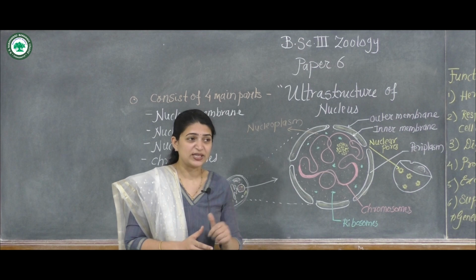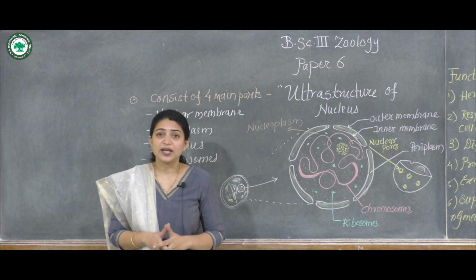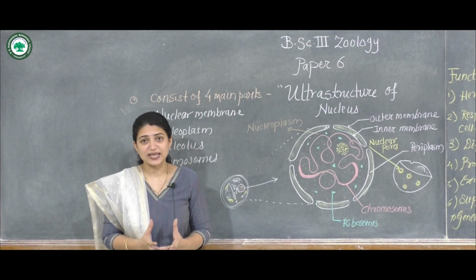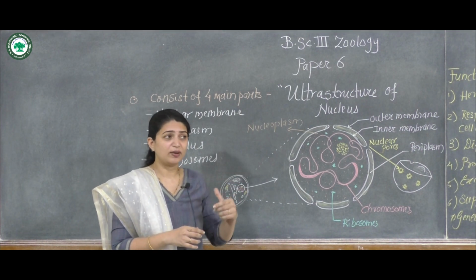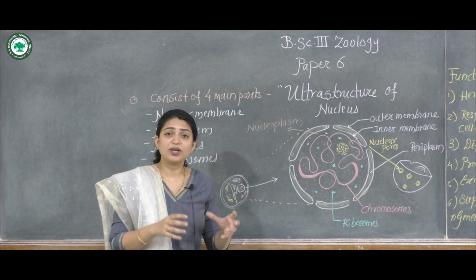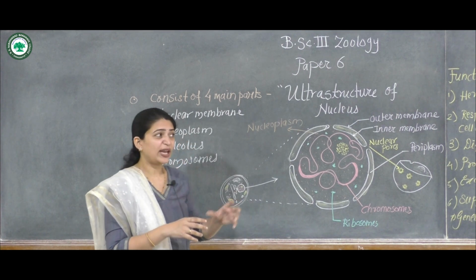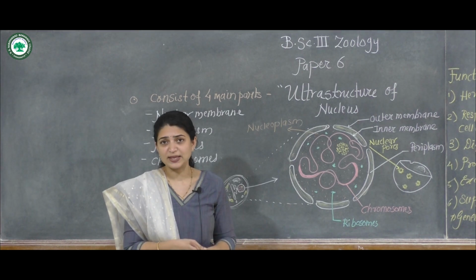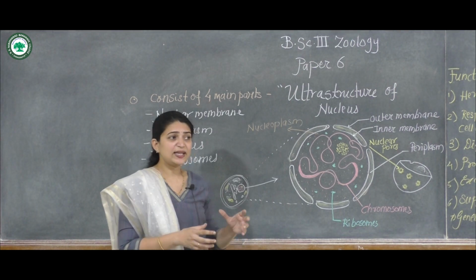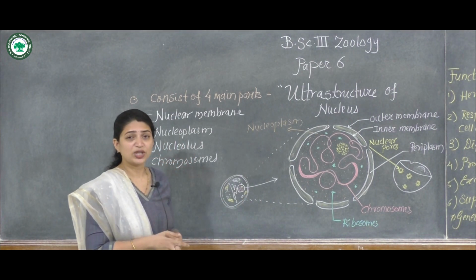As we know it is a very important, prominent structure in the cell, let us look at the ultrastructure of the nucleus. The nucleus is present in the cell at some location, as I told you in the previous lecture about the different locations in the cell. It may be present on any one side or scattered in the cytoplasm. But let us see the deep structure, the ultrastructure of the nucleus.